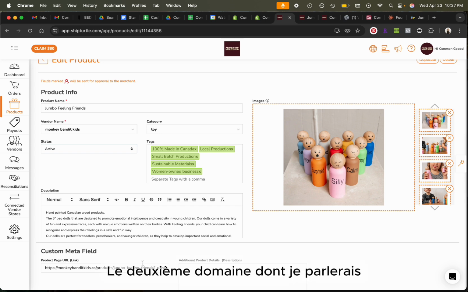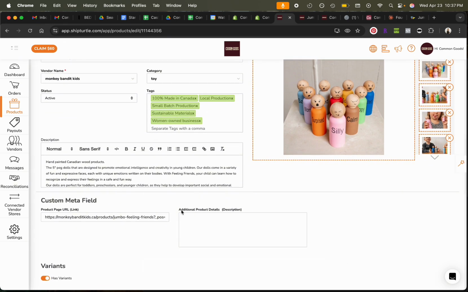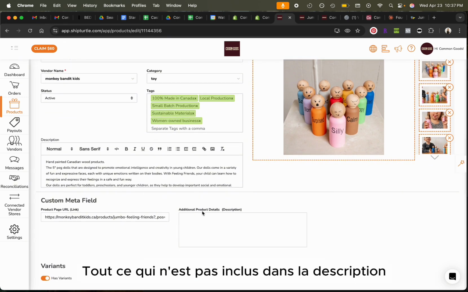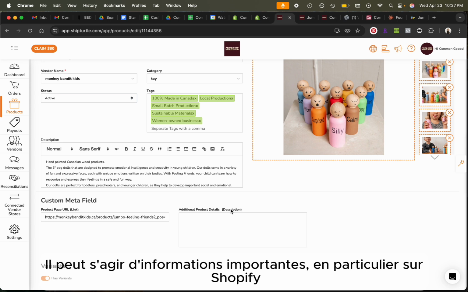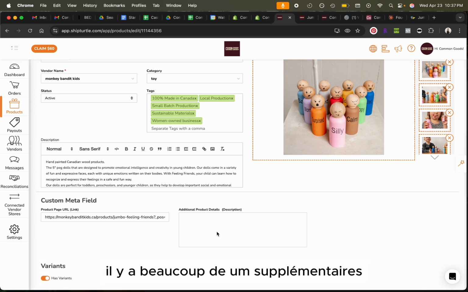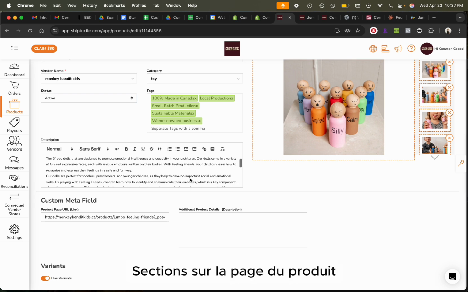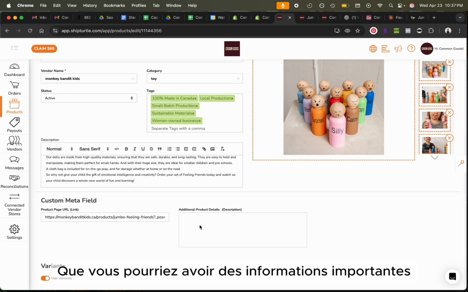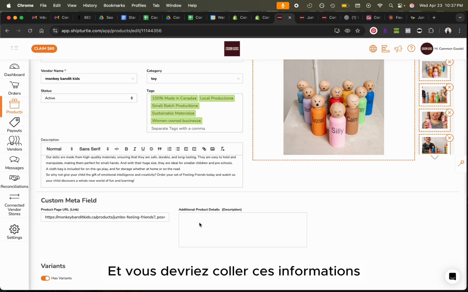The second field that I would like to bring to your attention is additional product details. This should be any information that the customer needs to make a decision about your product, anything that is not included in the description. It could be material information, especially on Shopify. There's a lot of additional sections on the product page where you might have important info, and you should paste that information